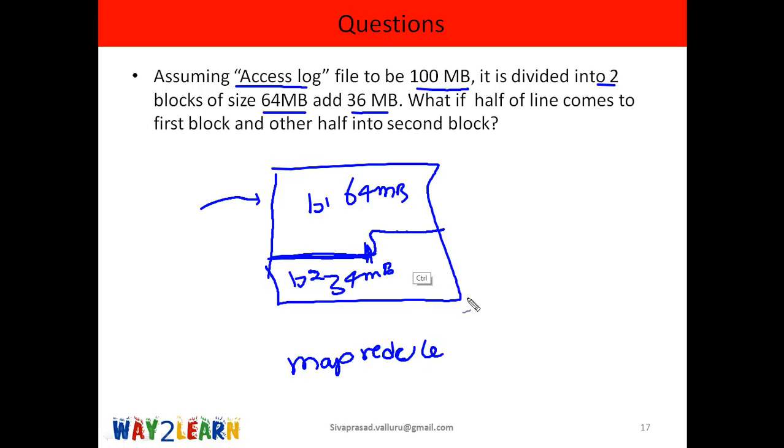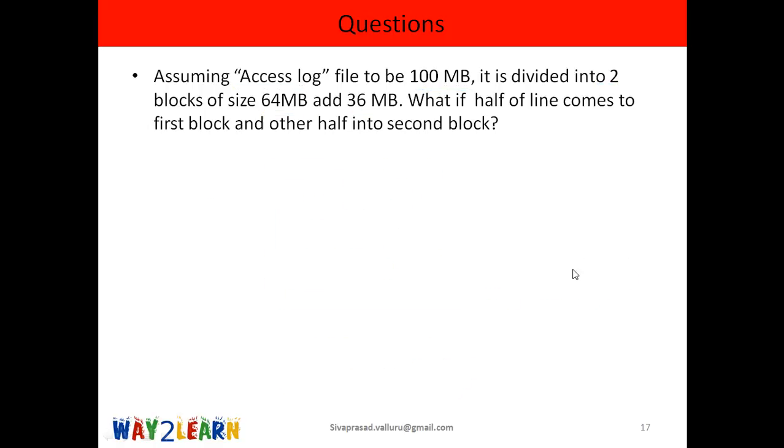Internally inside Hadoop, there are something called record readers. Record readers will identify that half of the line, half of the record, is inside another block. They will find out the next block and will try to read the data from the next block. We need not worry, the MapReduce engine will take care. This point will come again in detail. I will show you practically how these record readers work. Okay, I hope all your questions are answered.